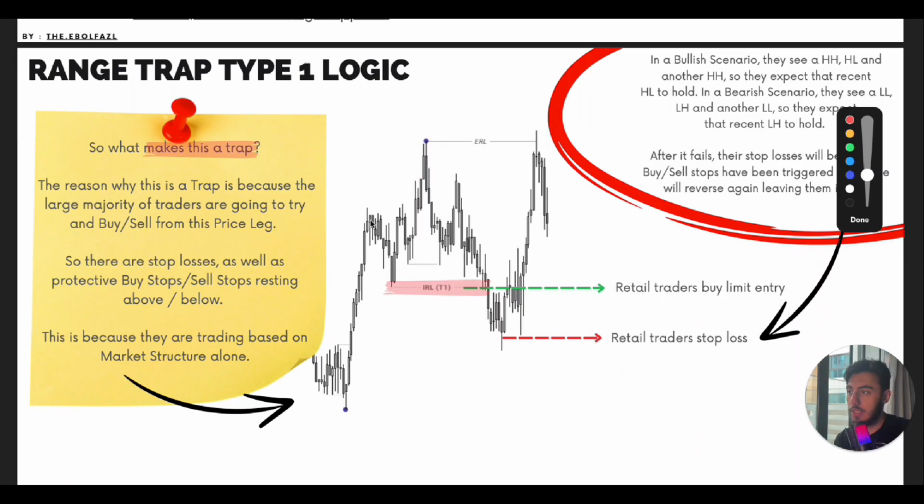So just take a look. We have retracement and break of market structure. So this is going to be internal range liquidity for us. So for the retail traders, it's a sell stop. The retail traders are going to put their buy, sell stop here, I'm sorry. What are they going to do? The retail traders, some of them are going to buy here.